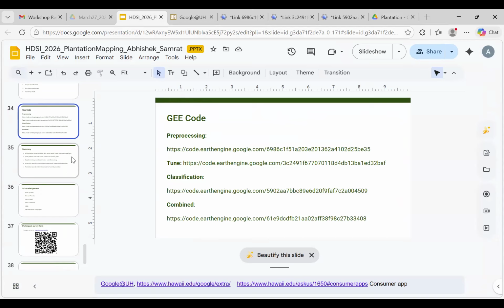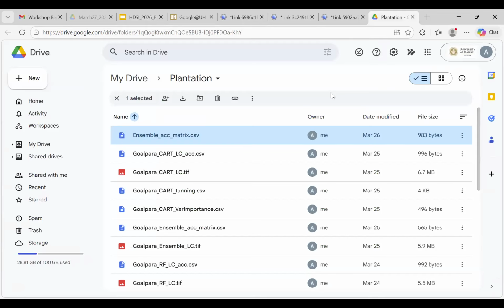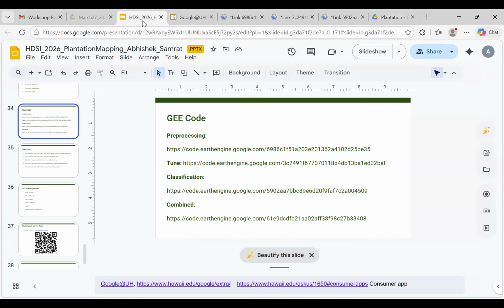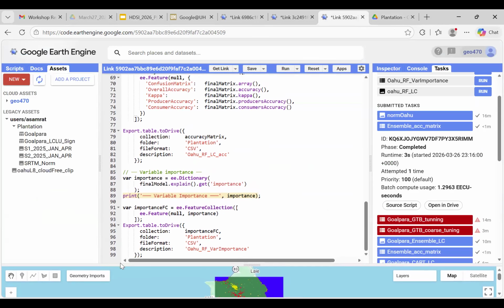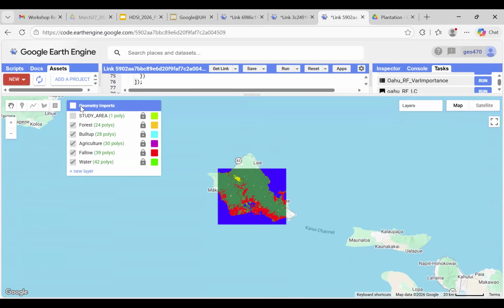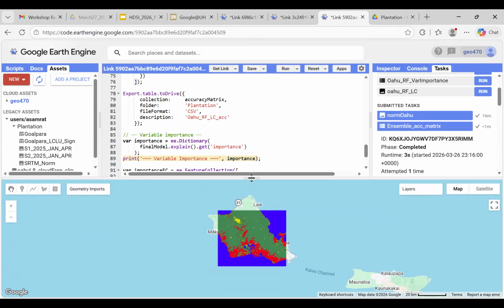Any questions? Bring in your signature files. What format are they? Do they have to be like a QGIS or just a CSV? Basically, it requires a shape file. This one, right? You have all the variables, the different classes. So here you no need to convert, it's already converted into a shape file, a vector file. Yeah, a shape file. It's already there, but however, if you want to add external,